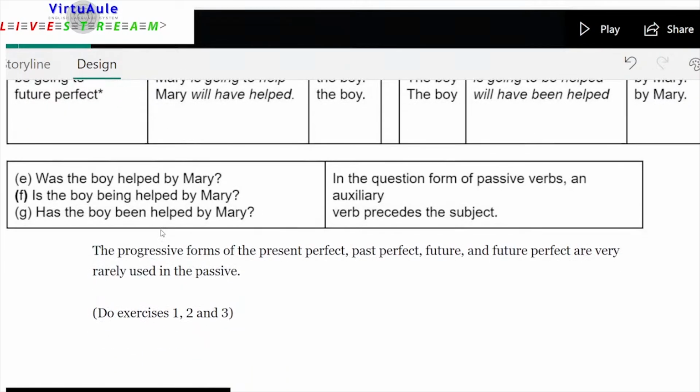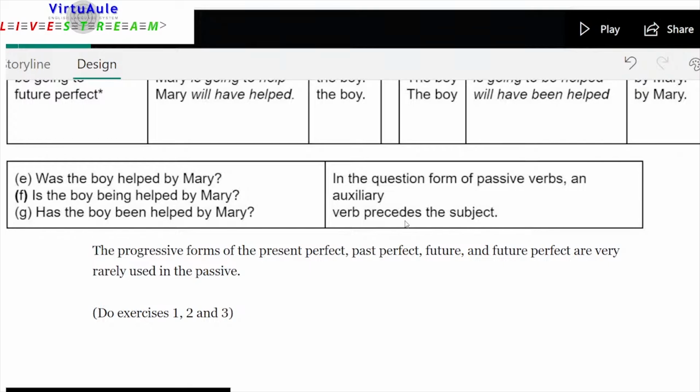Okay, so let's look at the question. Was the boy helped by Mary? F, is the boy being helped by Mary? And G, has the boy been helped by Mary? In the question form of passive verbs, an auxiliary verb precedes the subject. Just like in a normal question, we